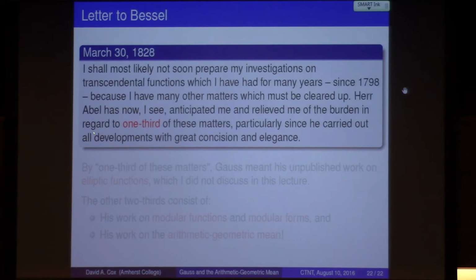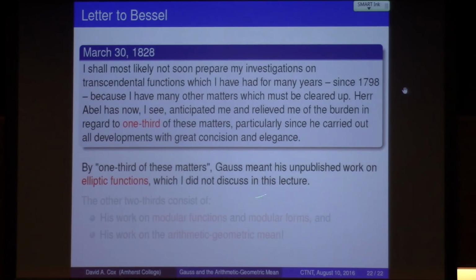And so Gauss says, "Herr Abel has now, I see, anticipated me and relieved me of the burden with regard to 1/3 of these matters, particularly since he carried out all developments with great precision and elegance." Now, that looks pretty arrogant. Abel does this fantastic stuff, and it says, that's only 1/3 of what I've done. So the question is,